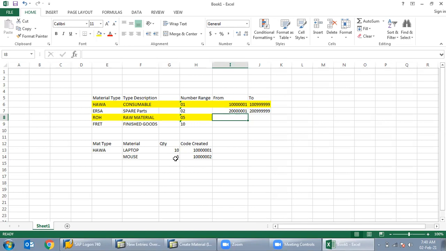Let's take a small example. Suppose a cook is an end user, and the cook wants to make a chicken.